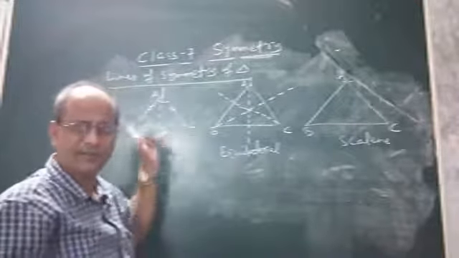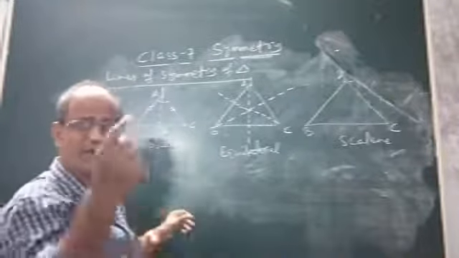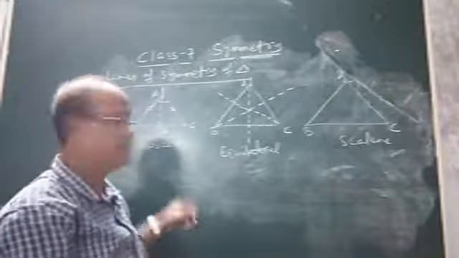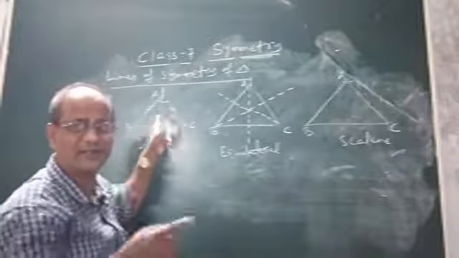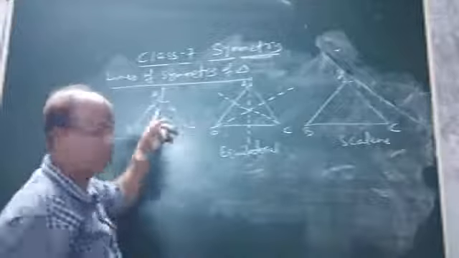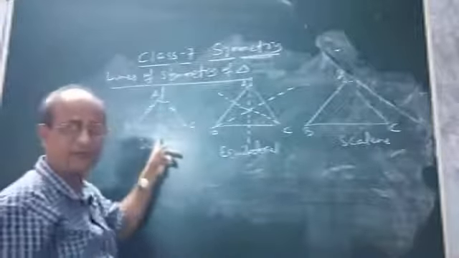So definitely this isosceles triangle has a line of symmetry or not? Yes, because it has one line of symmetry. Why? Because about this dotted line, what is that? It is nothing but the bisector. Also you can say it is the median. AD is the median, AD is the altitude.